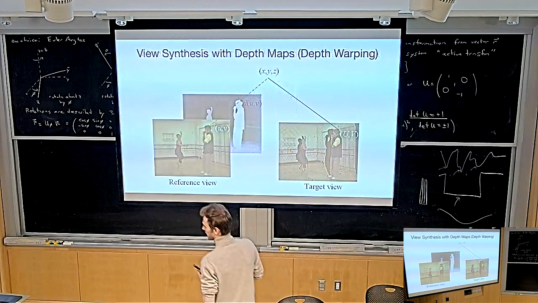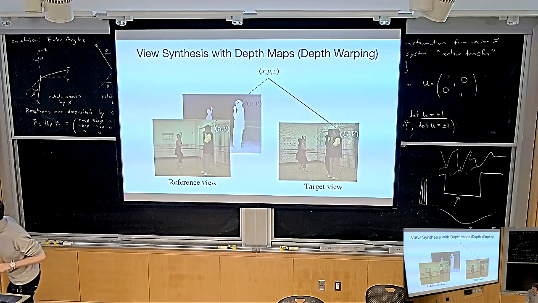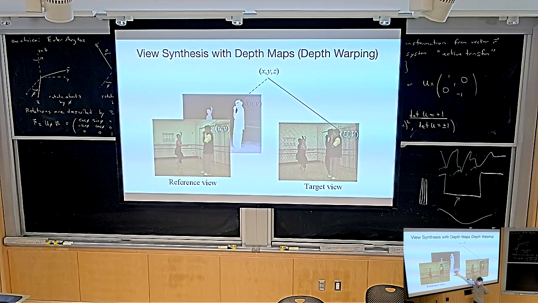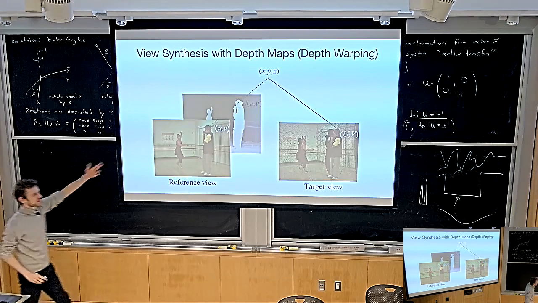Now, the second thing we're going to talk about, we already suggested it, is this idea of depth warping. And in many ways, this is the dumbest way of doing neural rendering, or the simplest, I should say. This is the simplest way of doing what we will call later differentiable rendering. Actually, we're not going to get into that right now. But the task is as follows. I give you this view and its depth, and I ask you, what would this 3D scene look like if you looked at it from a different view? And how can you answer this question using the depth map?